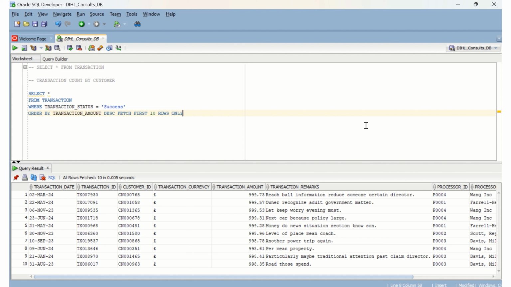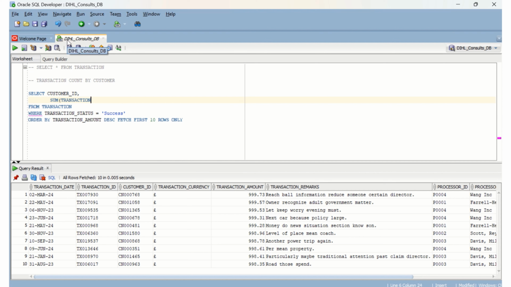Okay, so let's do top 10 customers by total amount. So I'll just modify this script to say customer ID, comma, so click on the tab button. I take that back. If I click on the tab button 2 times, that will move the cursor forward. Twice, the sum transaction amount